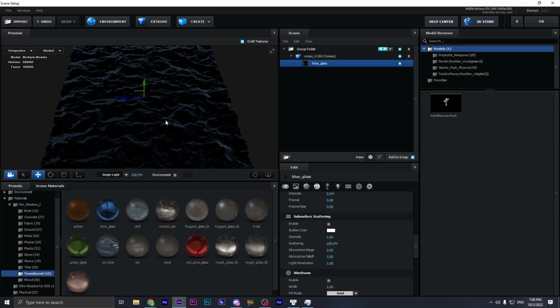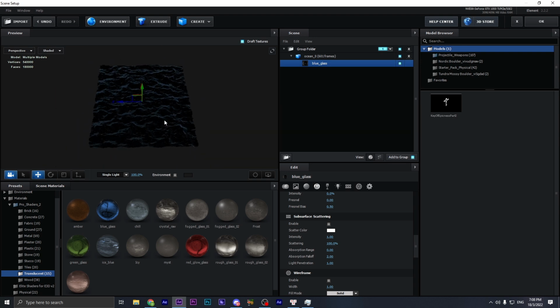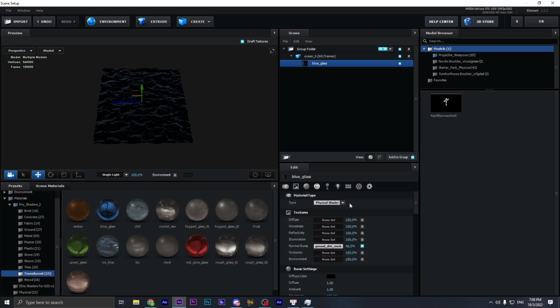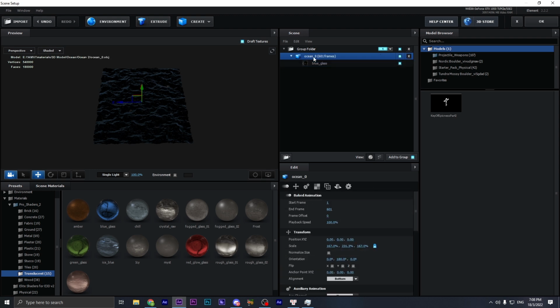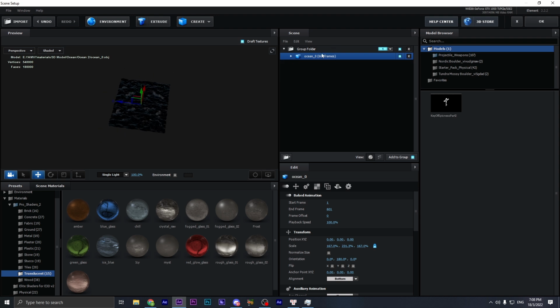And now what we're gonna need to do next is extend the ocean. So instead of scaling this model, you can hit OK, and we're gonna change the layer tab to plane, and we can actually duplicate this one. But here I don't really want to do that because it's gonna take pretty much time. So all you need to do right now is click on the model right there, Ctrl D, and then we're